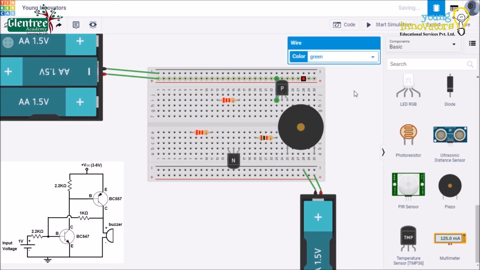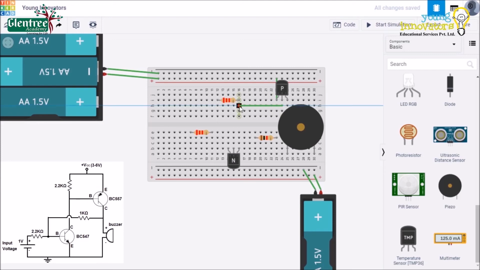From the emitter terminal, we will connect it to the positive end of the 4.5 volt battery, and the base terminal of the PNP transistor will go to the resistor, that is a 2.2 kilo ohm resistor, and the other end of the resistor will be given back to the positive end of the 4.5 volt battery.